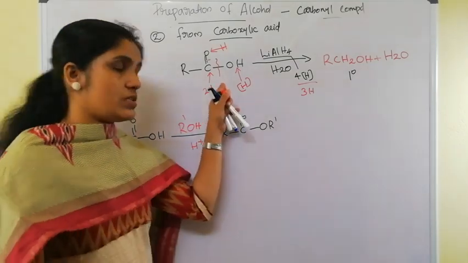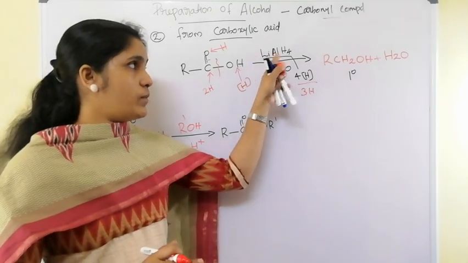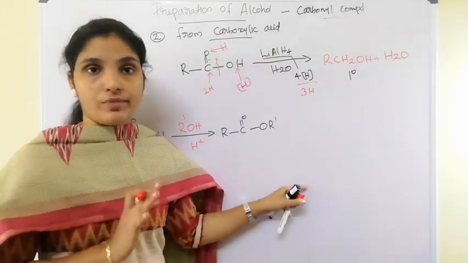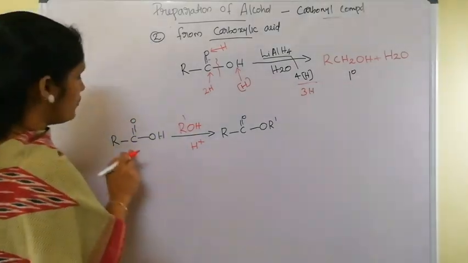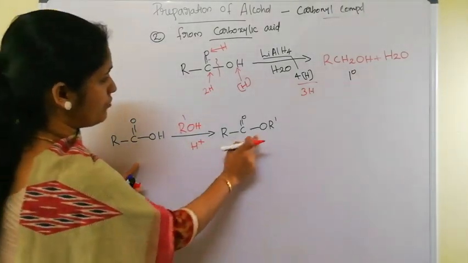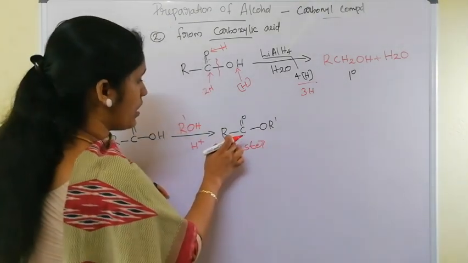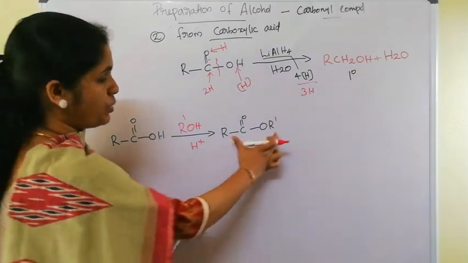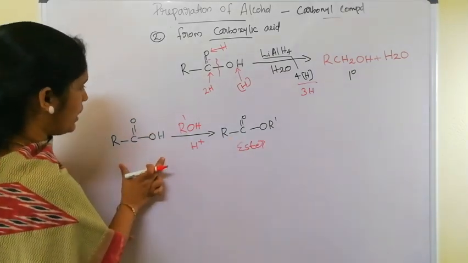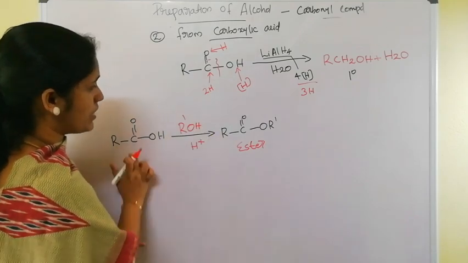This direct reaction we can't use due to the unavailability of lithium aluminum hydride. So that's why we'll move to the alternative method. And here, first of all, carboxylic acid is converted to what? Ester. This is the basic form of ester, RCOOR dash. So this is called ester. How the ester is obtained: carboxylic acid and alcohol in the presence of a mineral acid catalyst,